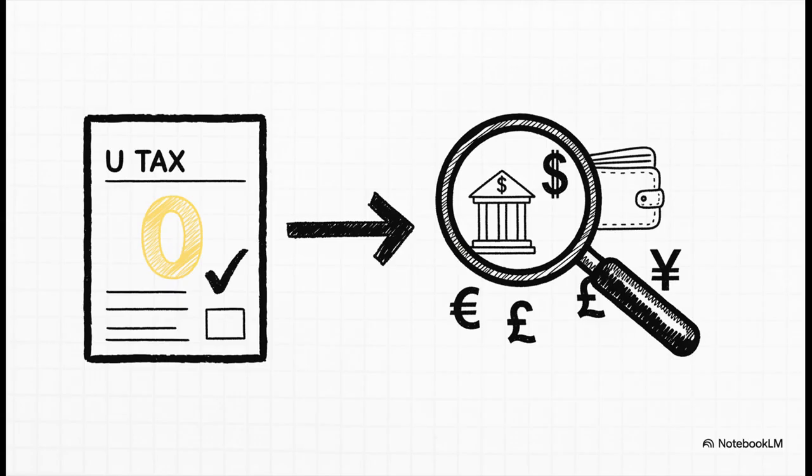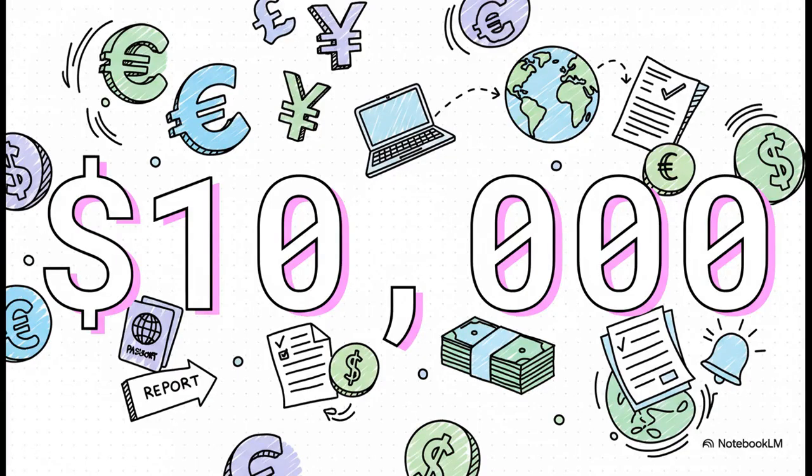All right, you're managing your personal days, you're watching out for your business's PE risk, but we have to circle back to the US one last time, because there is a huge reporting trap that gets so many people, and this applies even if you use the FEIE and owe exactly $0 in US income tax. You have to burn this number into your brain. $10,000. If the combined total of all your foreign financial accounts, bank accounts, investment accounts, whatever, goes over 10 grand for even 1 second during the year, you have a legal duty to file a special report called an FBAR. This isn't a tax form, it's a disclosure form, but the penalties for not filing are absolutely brutal, starting at $10,000 for a non-willful mistake. This is not something you want to mess around with.